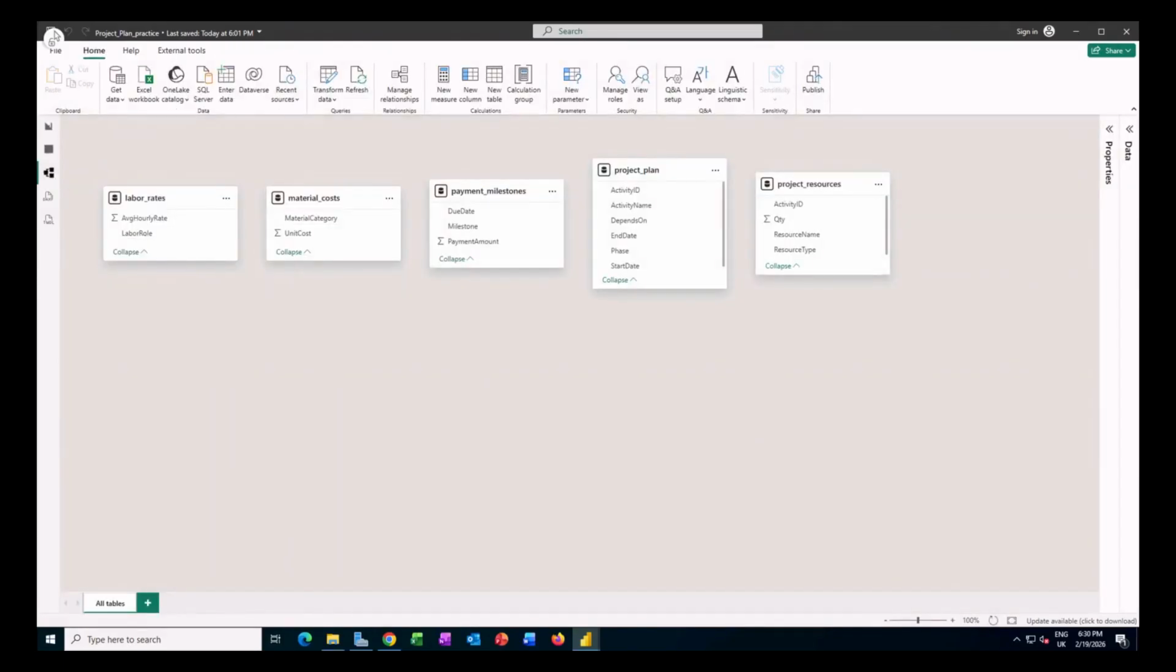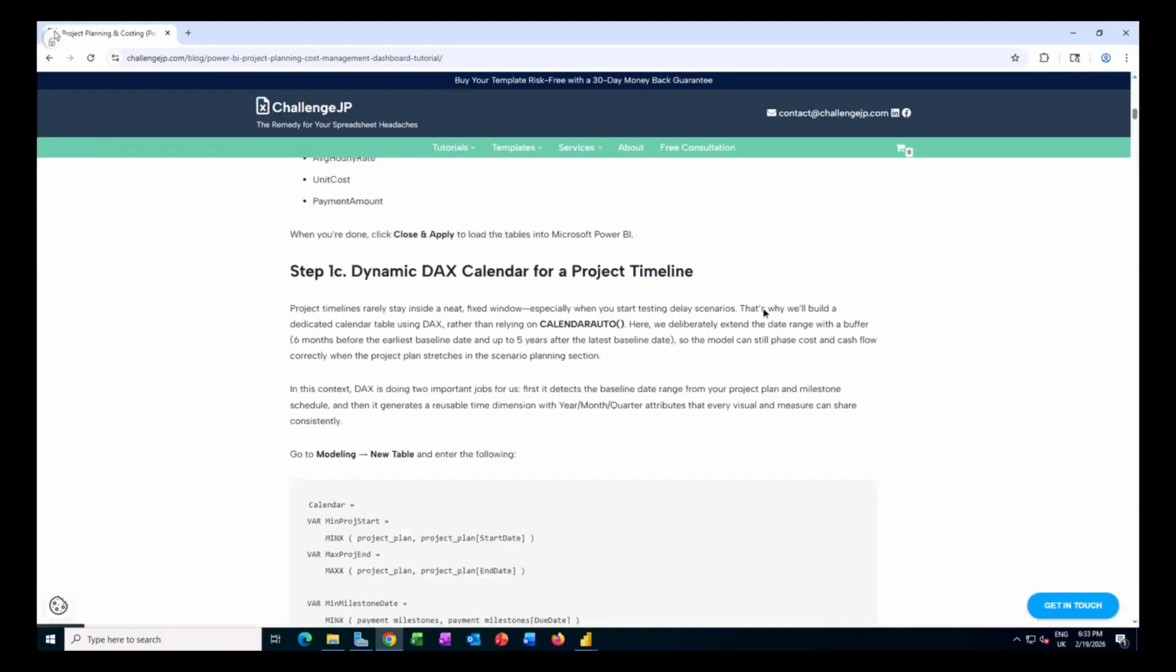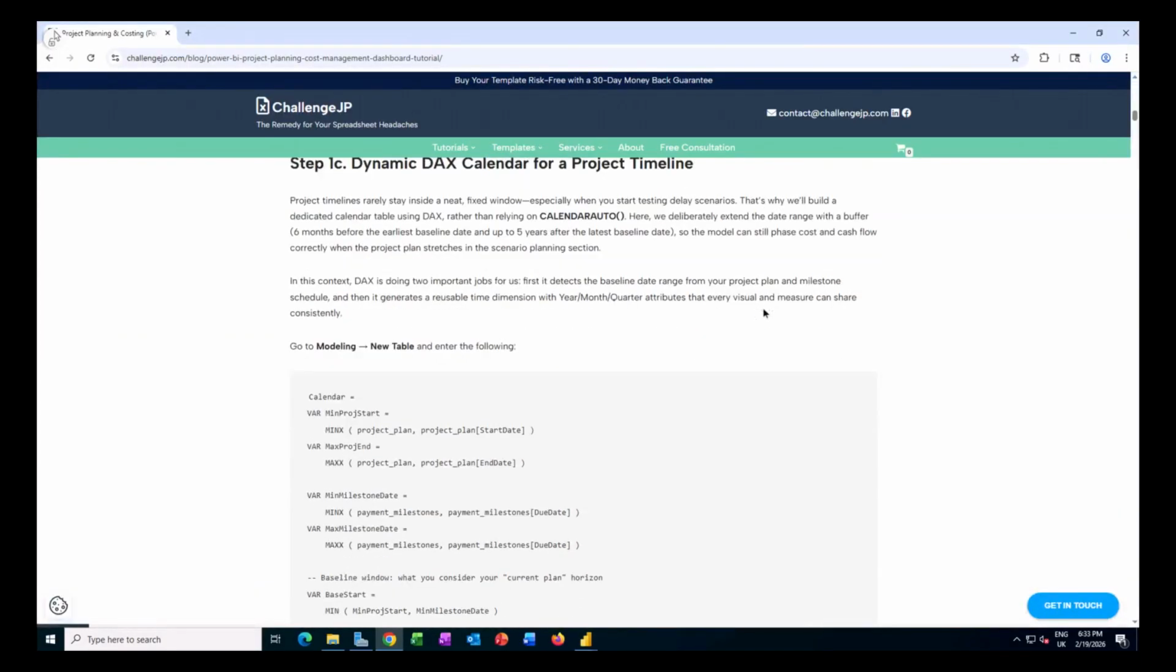And then what we want to start doing, we want to start actually linking them together. We want to build our data model. You can see that those two tables here, payment milestones and project plan, they have date fields. Okay, so I'm going to go back to my tutorial, and then you see in the step 1C, I have a